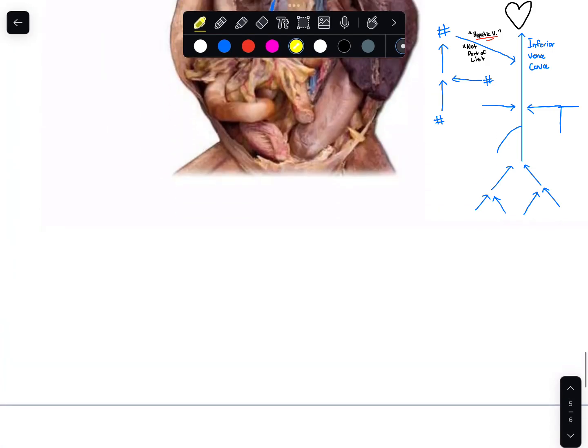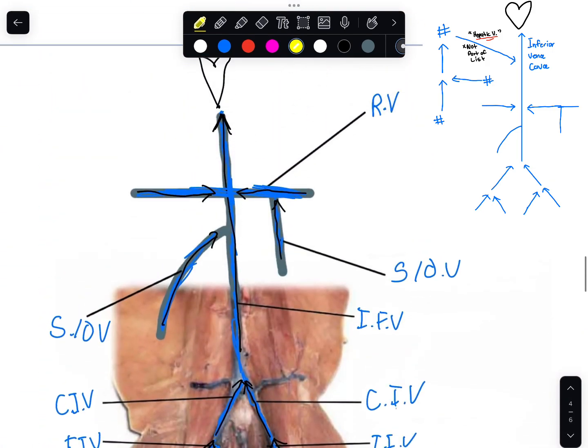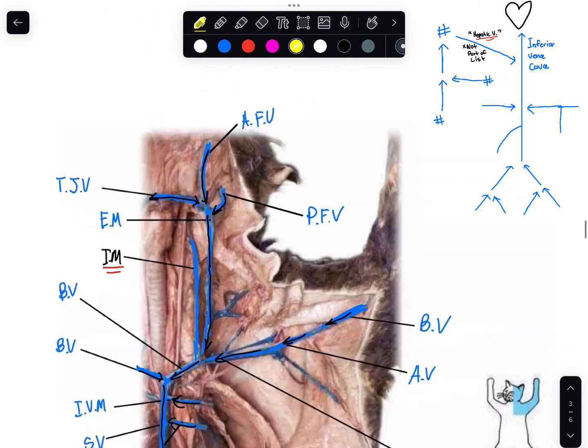Okay, cool. That's pretty much it with the vein thingies. So yeah,